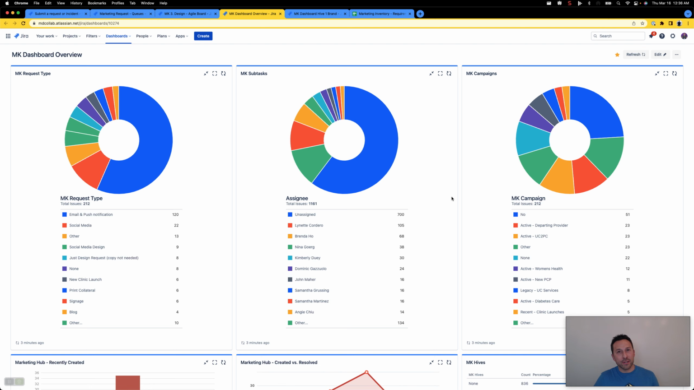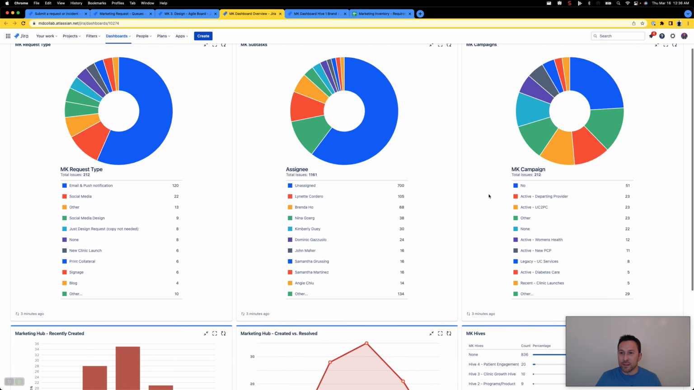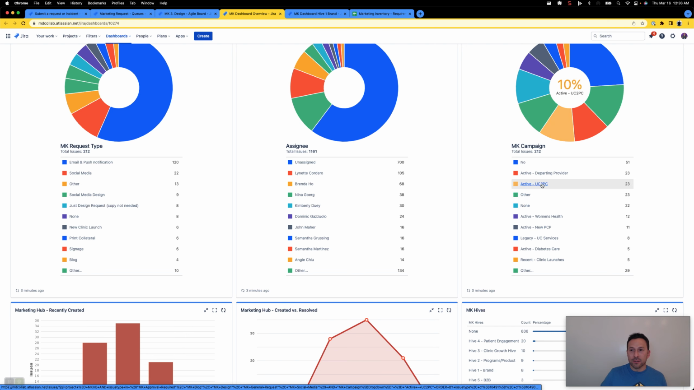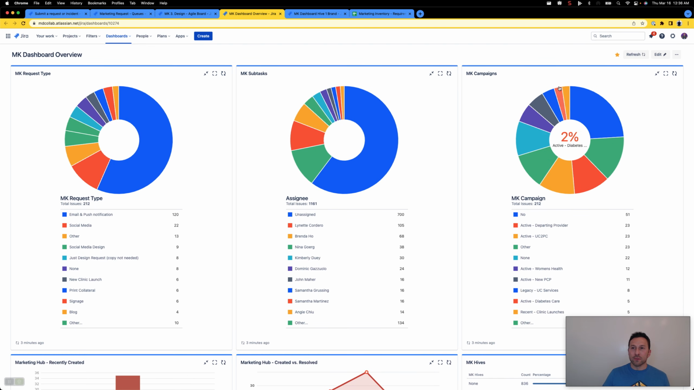Another important area in marketing was the campaigns. There were some very active campaigns that the company was working on, ranging from women's health to diabetes, new clinic launches, new PCP, and other campaigns. And so the leadership wanted to know how much effort is being put into these various campaigns. And once again, this dashboard gives you real-time analytics and insights and reporting into your entire operation of 60 plus